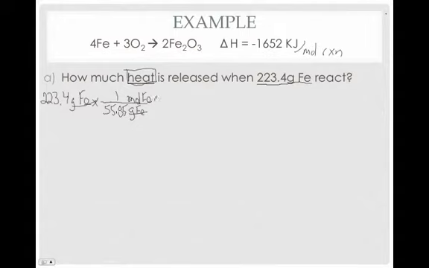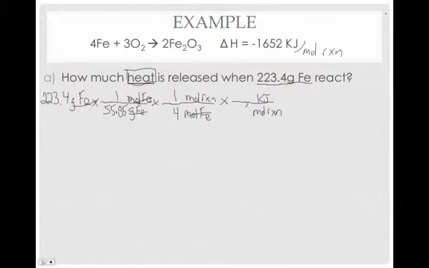iron. Well, we need to get to moles of reaction. So we're going to put moles of iron on the bottom to get rid of it. And on the top, we're going to have moles of reaction so that we can transfer that to heat using our delta H. So for every one reaction, we have 4 iron that are used. So moles of iron now cancels out, and we have moles of reaction. This then allows us to go from moles of reaction